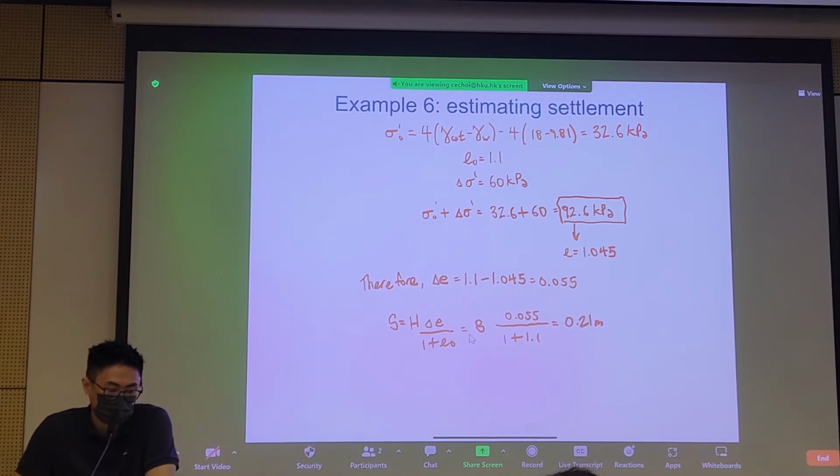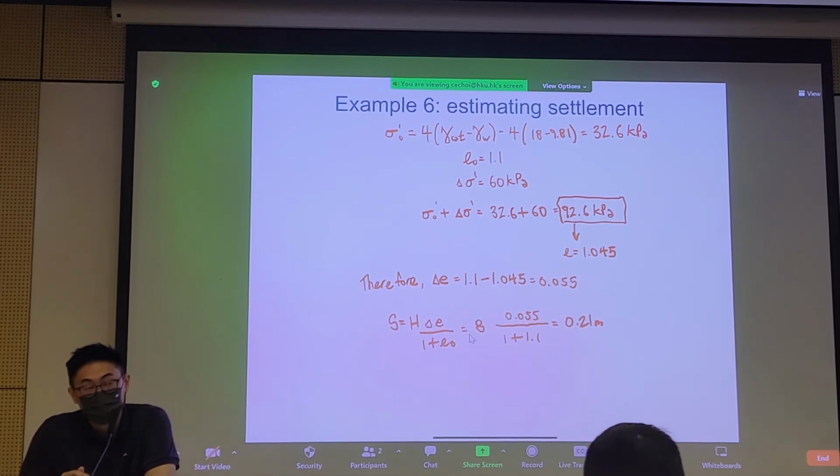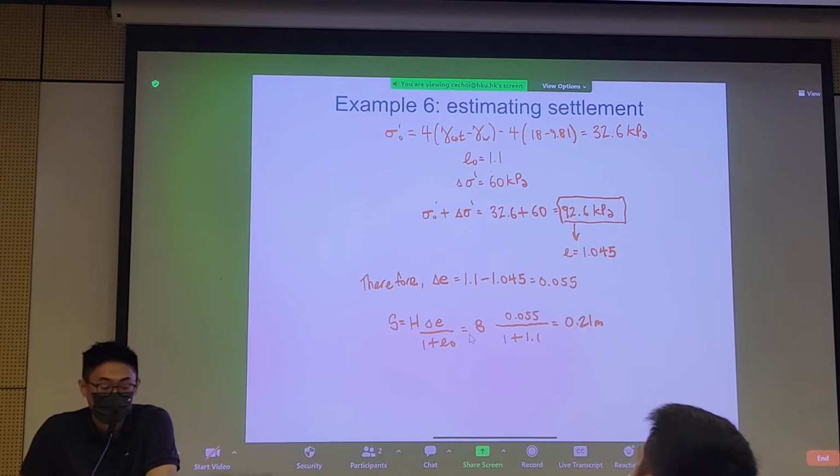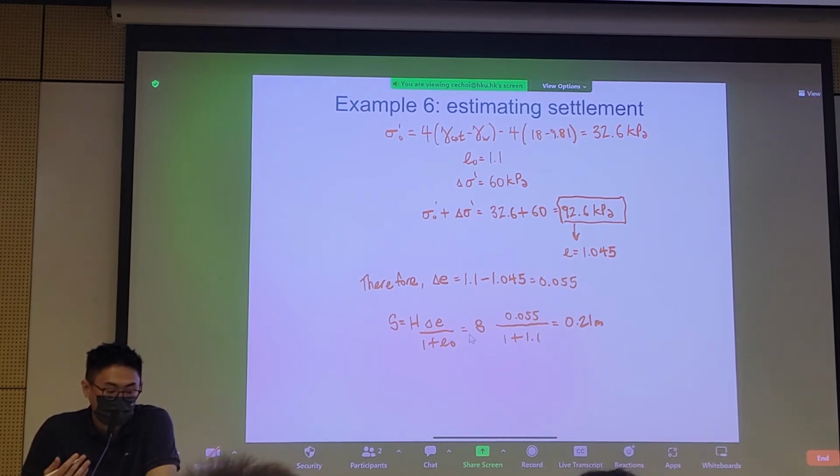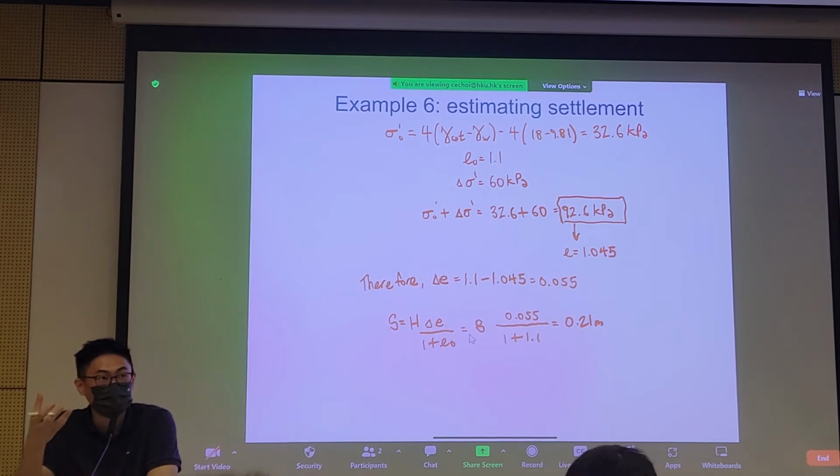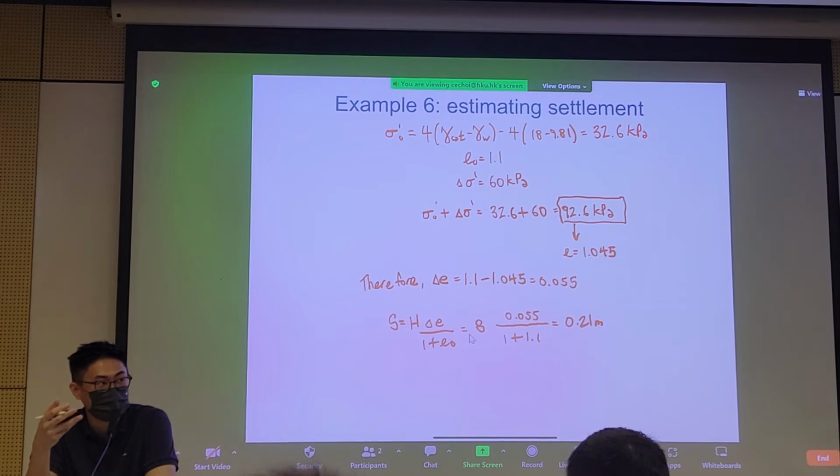So that's just another way to look at the question. So examples 3 to 6 are quite straightforward. If not, it may be a bit repetitive from what you learned from soil mechanics. Essentially, you want to know how to predict settlement using odometer test data. Moving forward, it's going to get more complex because we're not just looking at magnitude of settlement, we're looking at rates. I'm not just interested in how much settlement, I'm interested in when will we finish consolidation, when will we